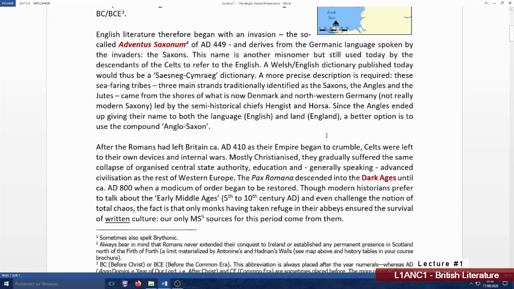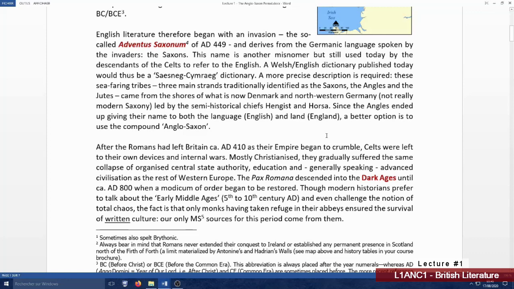They were Christianized, and they kept the Christian religion, but they gradually suffered the same collapse of organized central state authority, education, and generally speaking, advanced civilization as the rest of Western Europe. The Pax Romana descended into the Dark Ages until around 800 AD, when a modicum of order began to be restored. Though modern historians prefer to talk about the early Middle Ages from the 5th to the 10th century AD,